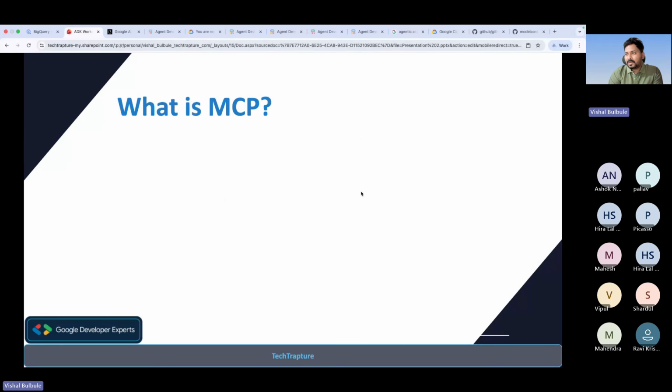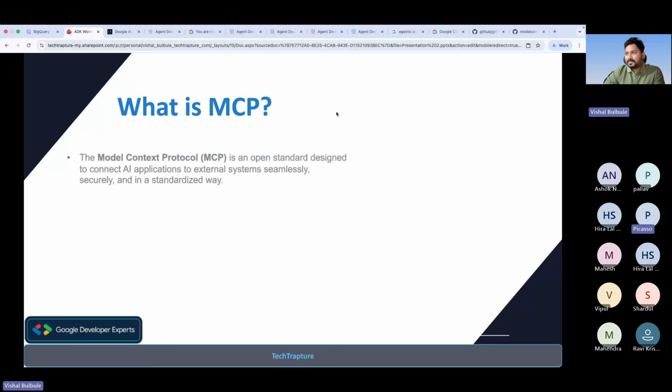So let's say now we talk about MCP. So anyone used MCP or using MCP or ADK currently? Okay, will you know? So let's say what is MCP? Yes, Picasso. Yeah, as I said earlier, I'm using the MCP toolbox for databases, along with which database? BigQuery and Postgres. Okay, so basically this MCP server, as I mentioned, are used to connect to the external